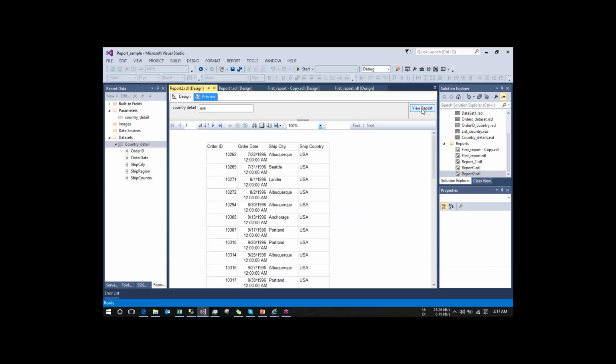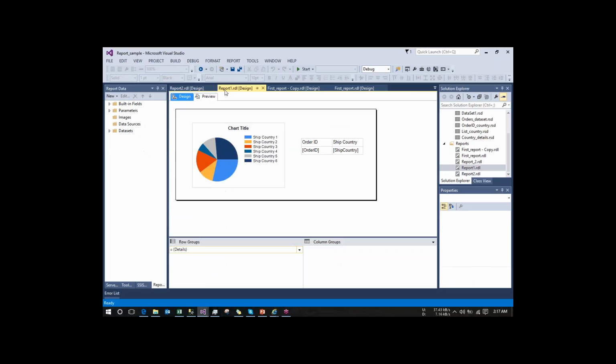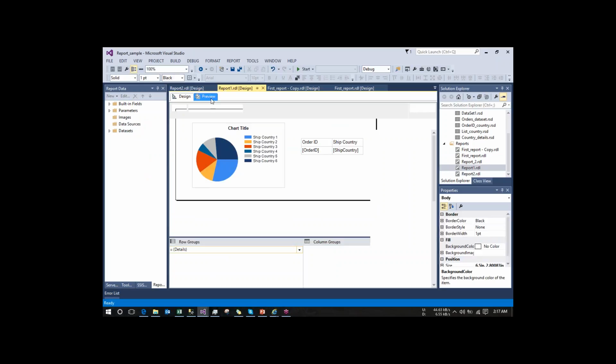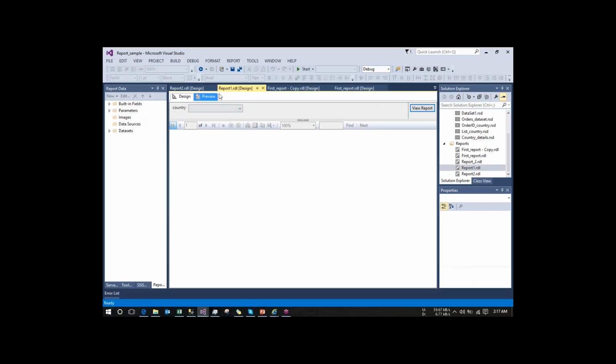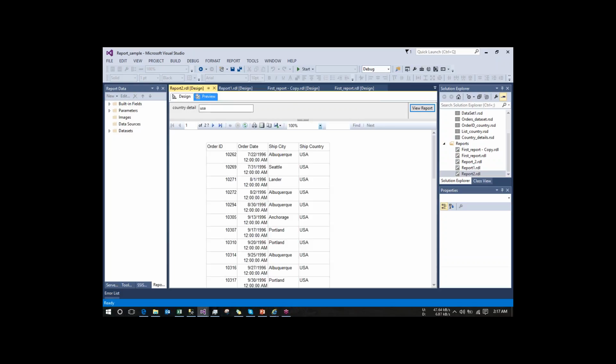Okay, so this report is taking one parameter that is for country detail. And in our report 1, we will try to link this report 1 to report 2, and we will pass the parameter value from report 1 to report 2. What is the required parameter for report 2 is the country detail. So this value we will pass from this report 1, and how we will pass, we will pass